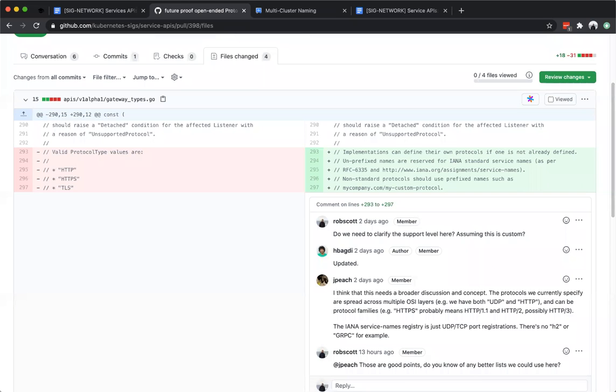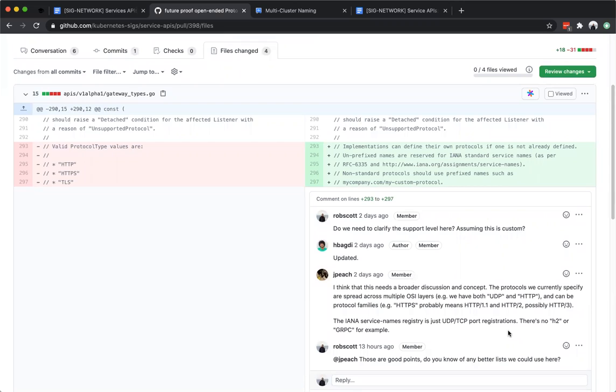And so this was the least bad solution at the time, refer to this RFC, which unfortunately is just service names. And as James points out below, it may not be specific enough for some use cases.